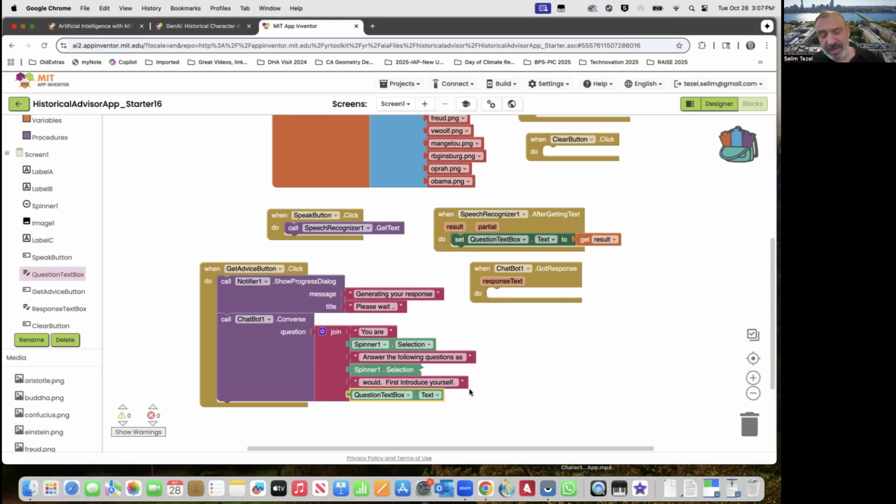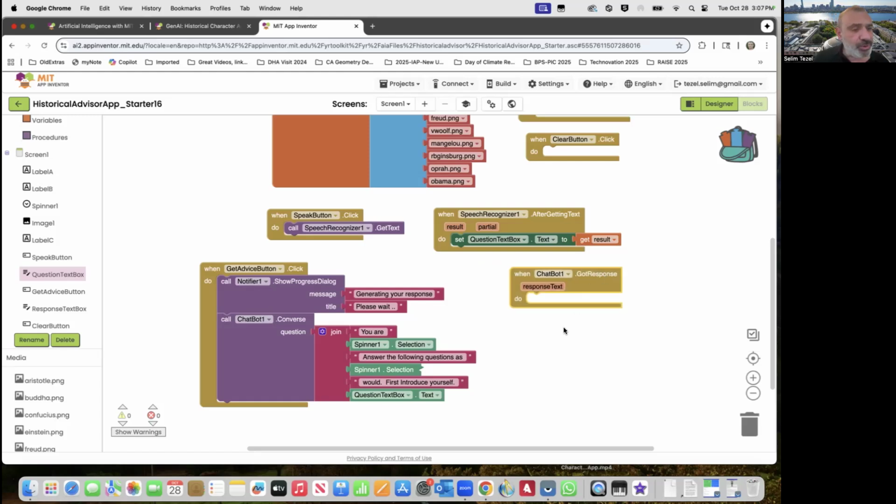First, introduce yourself, and then this is the query that we're going to send there. Okay. Now, as you refine this app, you might realize you may have to give more detailed prompts, such as you might want to warn the large language model, please don't make stuff up, etc., so that it's more responsive to your query.